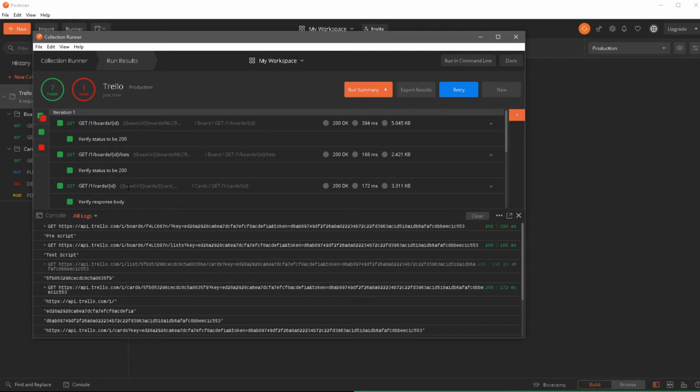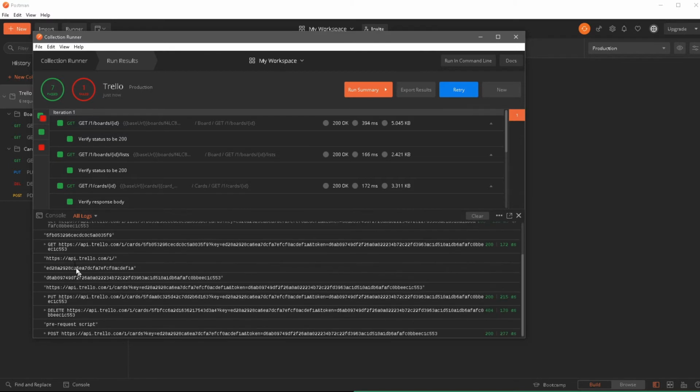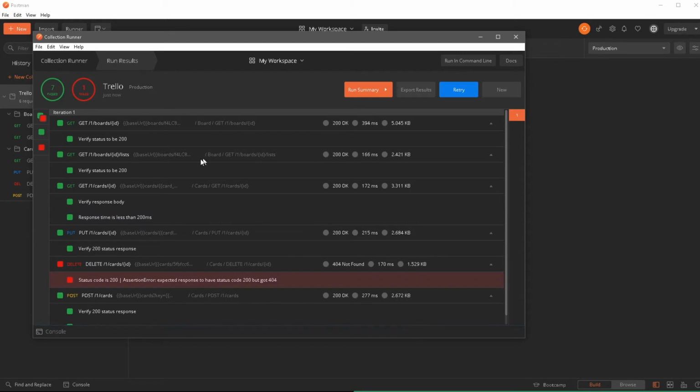When we're running this collection runner, it's picking up exactly everything that we created in the request. It's picking up the pre-request, the body, all the variables, as well as the tests that we created. So everything gets combined and gets run in this collection runner. And we have obviously a lot more stuff that we were printing out, so we don't really have to worry about that too much. I can clear this out and just minimize this.